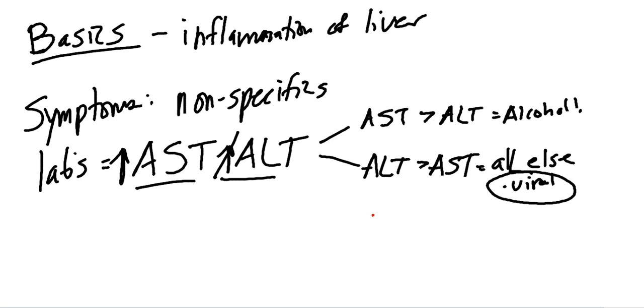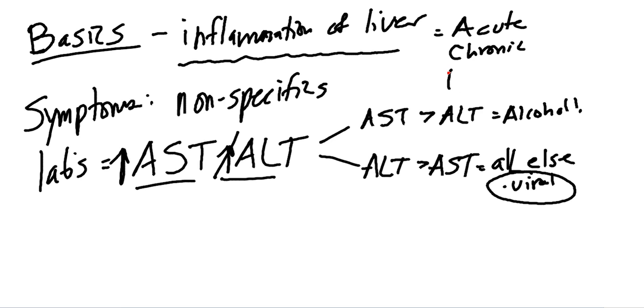Now that we got the basics done, we talked about what causes it: viral, autoimmune, toxins, alcohol, and general symptoms. But it basically all ends the same. You have inflammation of the liver. Now you could have an acute infection, meaning you get an acute inflammation, your body takes care of it, and it resolves. That's it. That's an acute hepatitis. Assuming your body didn't overreact and the inflammation didn't cause too much damage, you'll have no permanent damage. You can also have chronic,